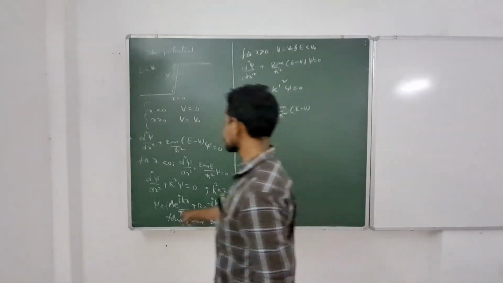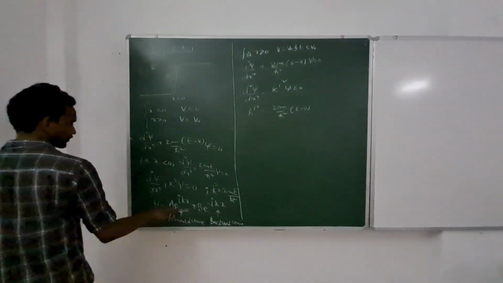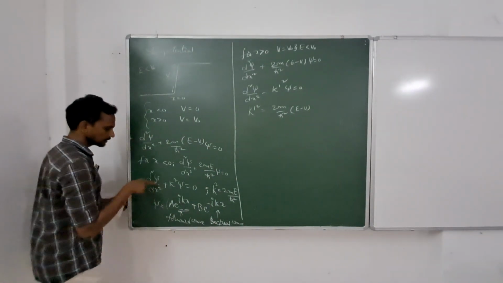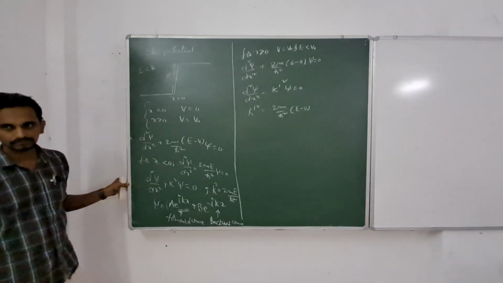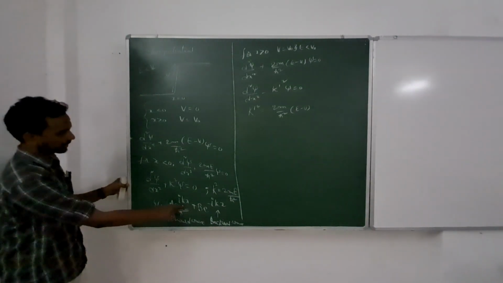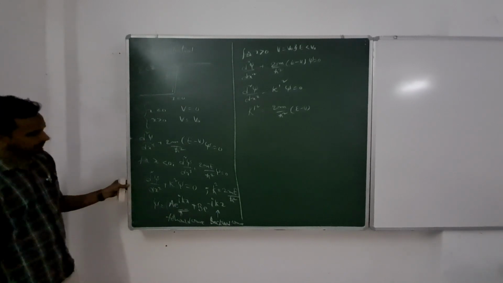So here, check these solutions. If you differentiate this with respect to x twice, for the first derivative you will get plus ik, next one